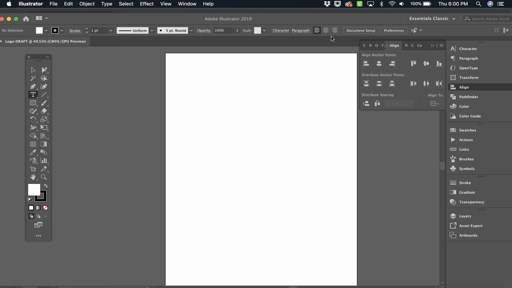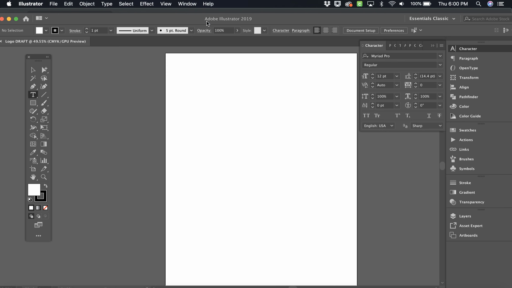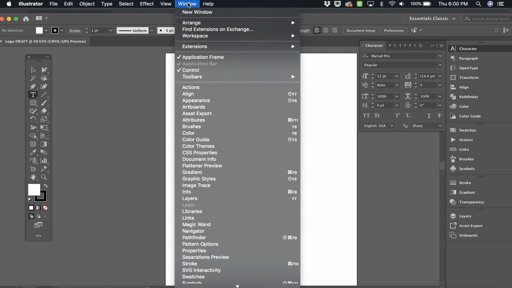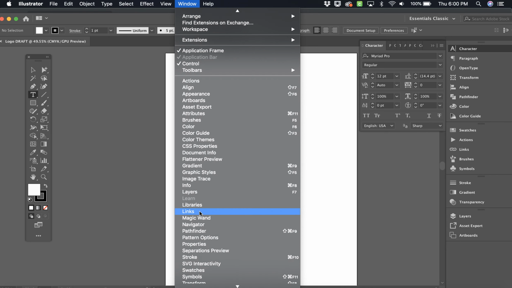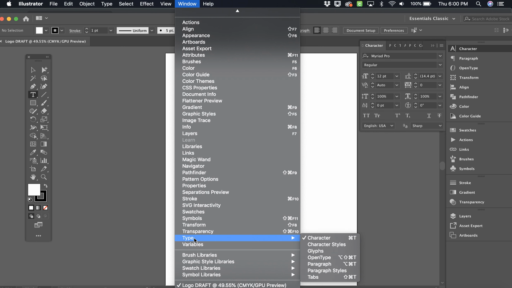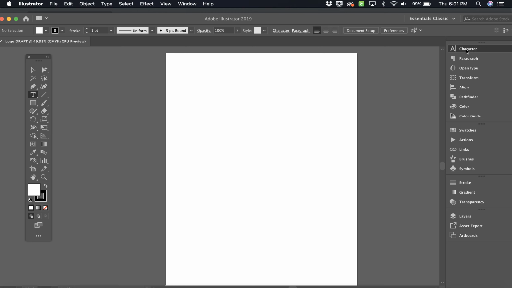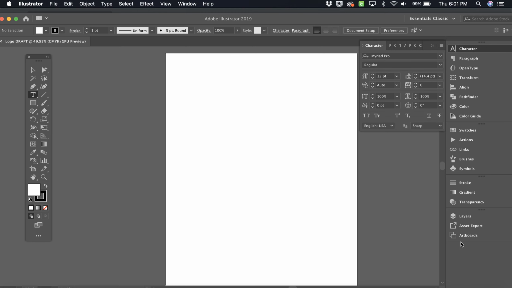what I can do when I select my text tool is go to my character palette on the right hand side. Now if you don't have that set up already, it doesn't show up as a palette for you to manipulate here. All your palettes, all your options are underneath the window menu. So what I could do is go all the way down to type. It would be under type, and we can find the character palette, lots of character styles, our paragraph, all the stuff that we need here in order to work with text. So we have type, character, and I dragged mine into my board here